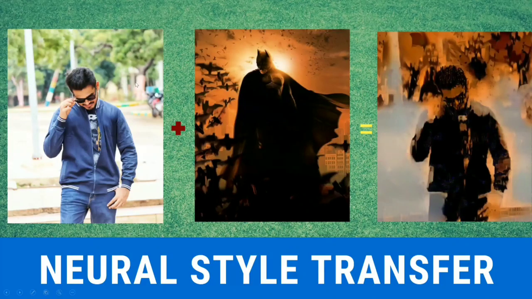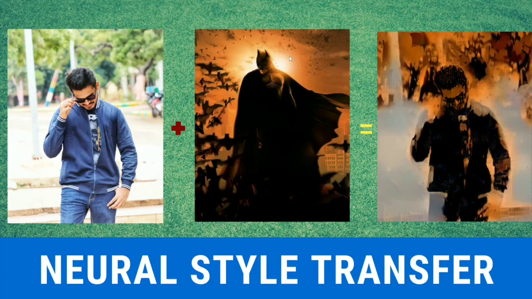So the first image is a content image and the second image is a style image. So if you blend them together, the final image is the output, which is the content image but with the style of the reference image. So this is how neural style transfer works. It takes the style of the second image, which is the image of a Batman, and it transfers that style